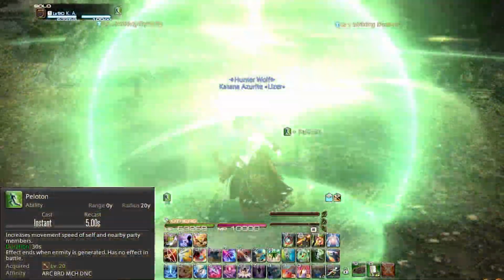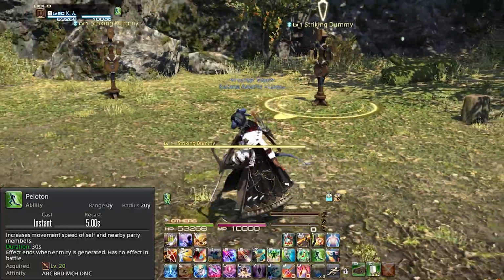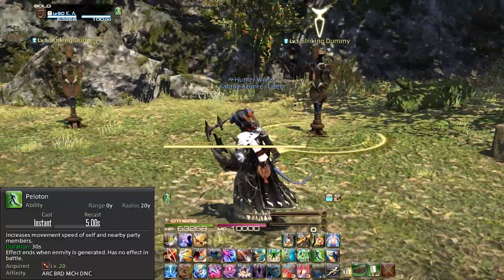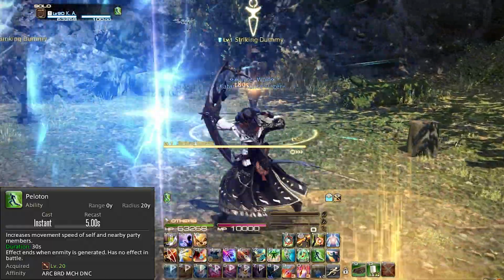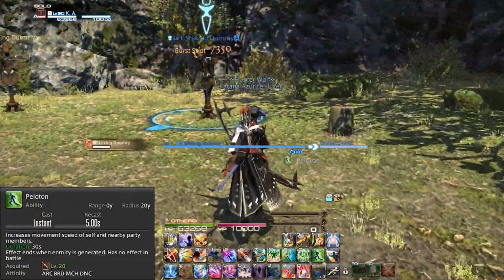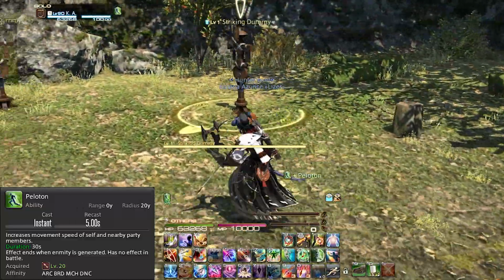Peloton has a 5 second cooldown and increases movement speed of self and nearby party members in a 20 yalm radius for 30 seconds, but the effect expires upon entering combat. Good to be used in between dungeon pulls, the open world, and other niche content, but also really good to be used at the start of an encounter so the melees and the tanks can save their sprint to get